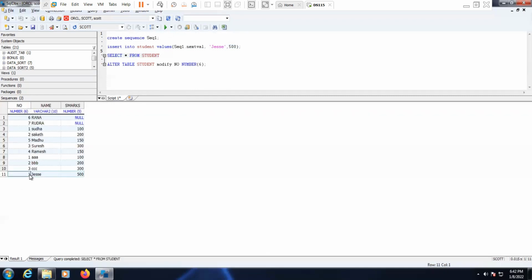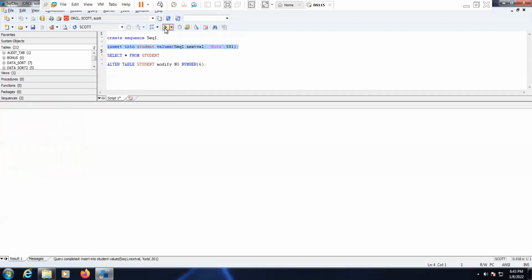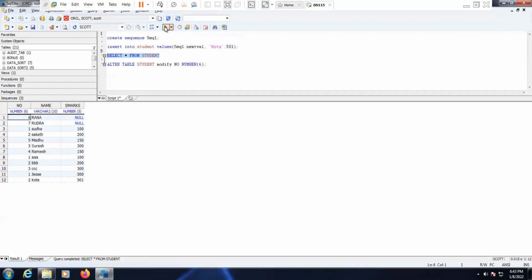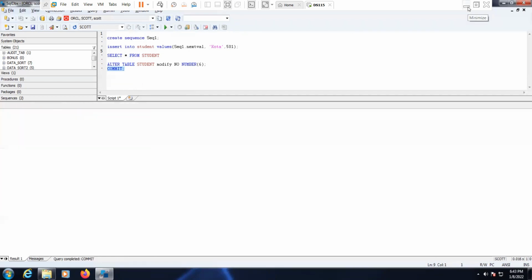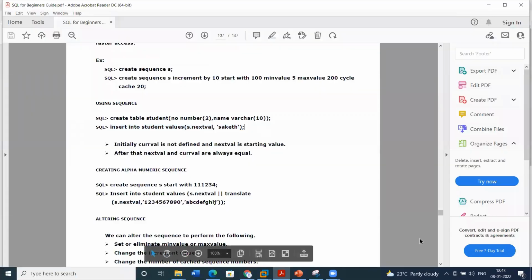Here it starts with 500. Let's see the second value; it will get incremented. Okay, so let's commit this data.